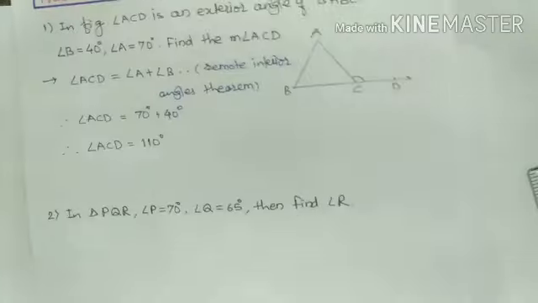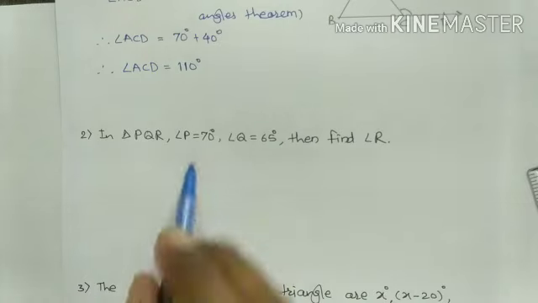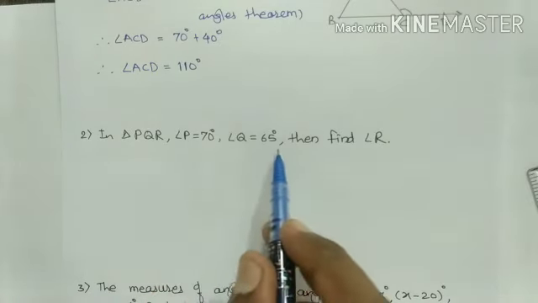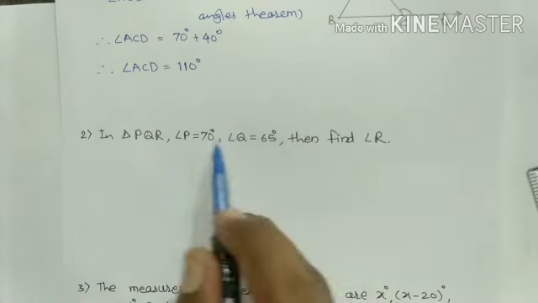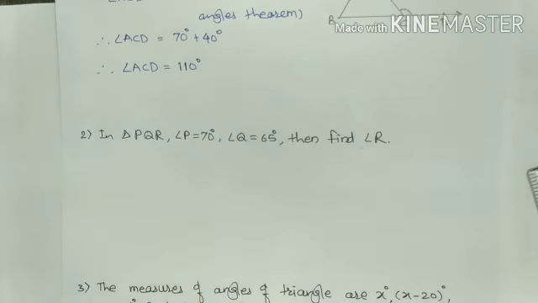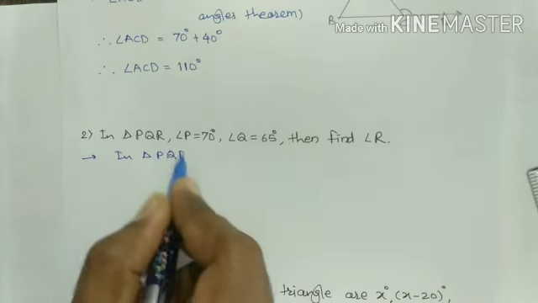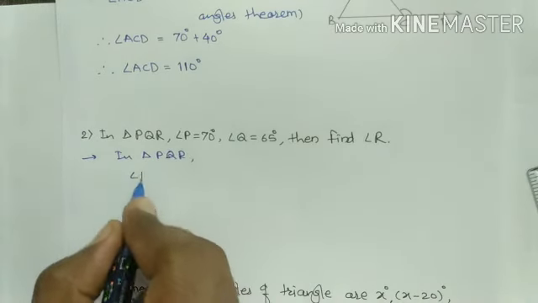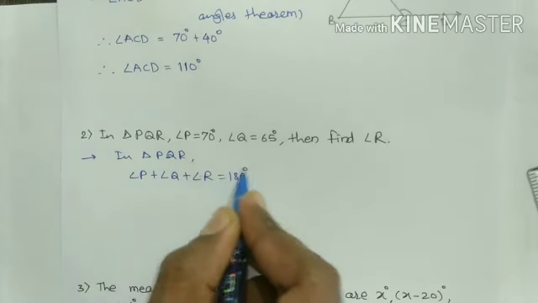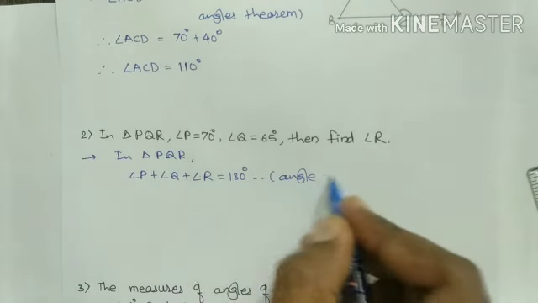Now in the second example, here triangle PQR is given. In triangle PQR, measure of angle P equals 70 degrees, angle Q 65 degrees, and by using this information we have to find the measure of angle R, that is the third angle of this triangle PQR. Here in triangle PQR, angle P plus angle Q plus angle R equals 180 degrees. Why? This is the angle sum property